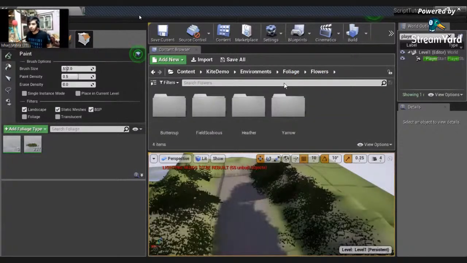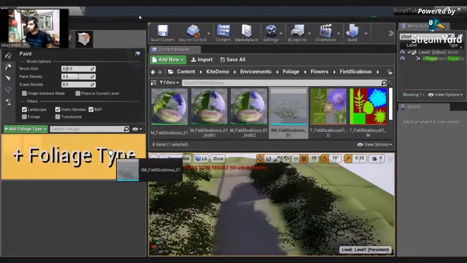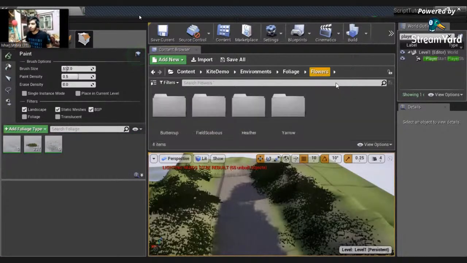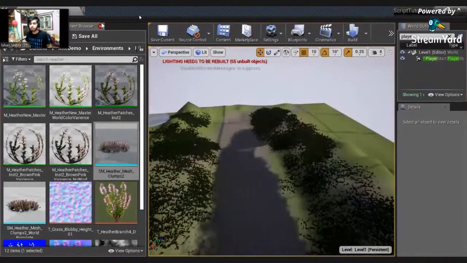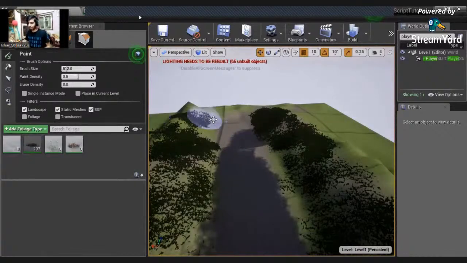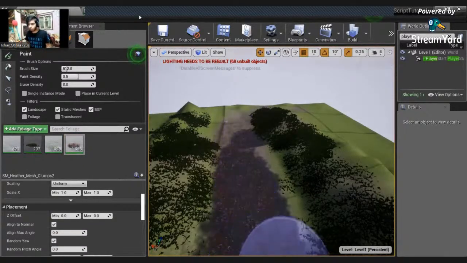Let's add various other flowers, like field scabious. I don't know what that is, but it looks really cool. So I have added these to my foliage. I'll deselect my grass because that's enough for the grass part. I am going to increase their density, and you just drag it across